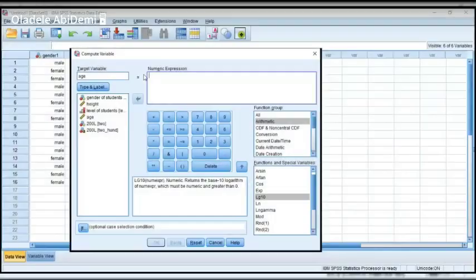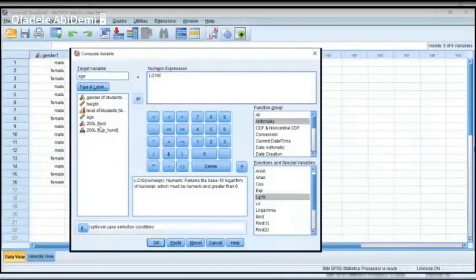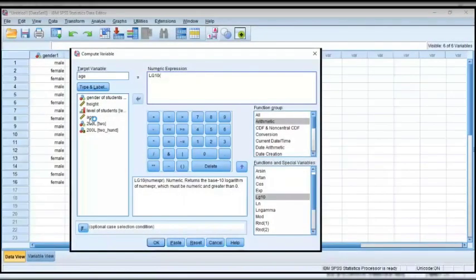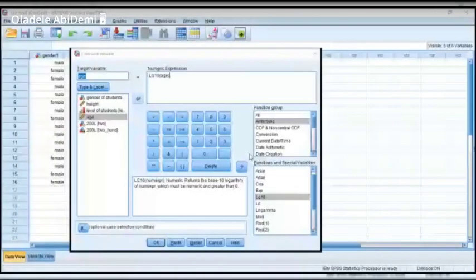So I'm going to type LG10 and then the variable that we are computing the log of, we send it into the bracket. Of course, we should know that we cannot compute the log of a string variable or categorical variable. It's not possible. All right. Let's give it another name. Log of age.